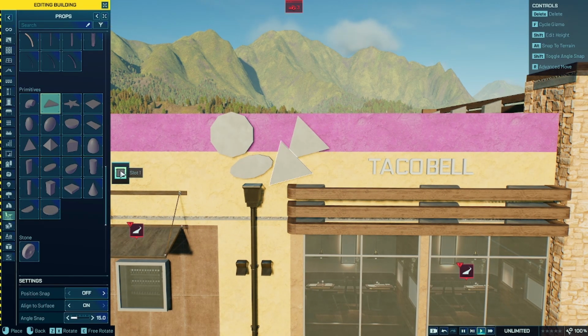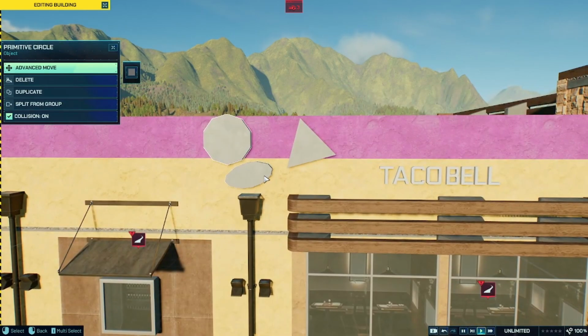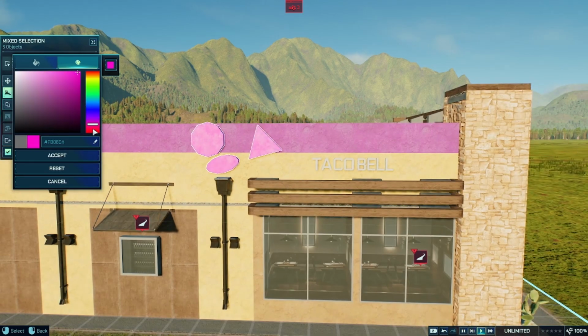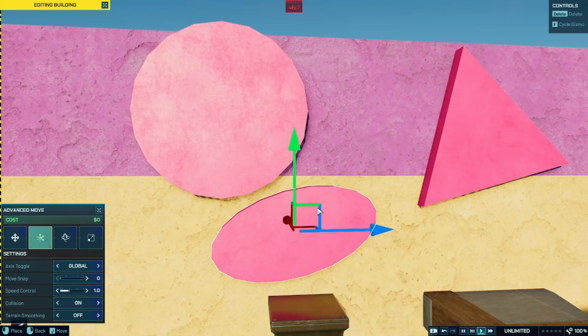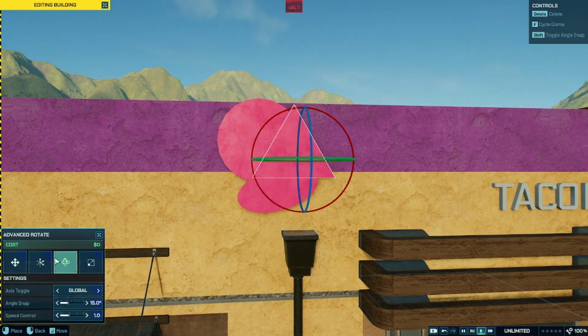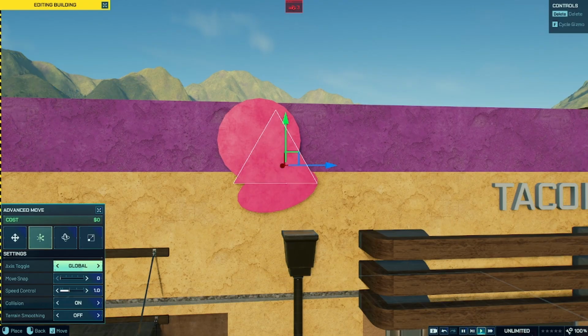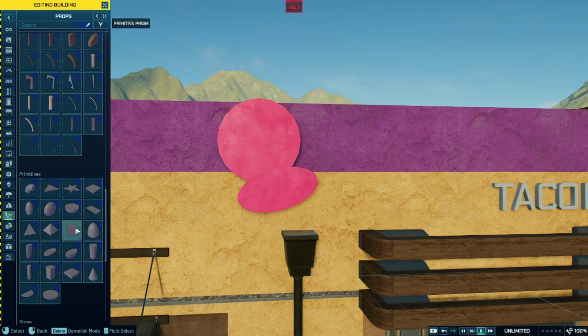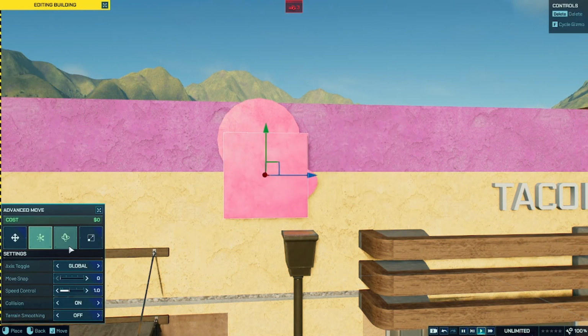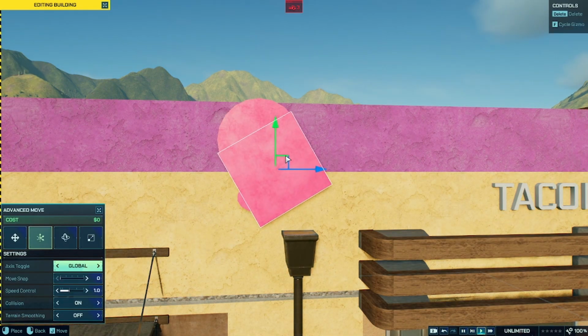Here's where I'm starting on the logo. The primitives in this game cannot scale down as far as they can in Planet Coaster 2, which I'm very upset by. I understand the restrictions are there for a reason because you're not really working as detailed as you are in Planet Coaster, but I really would have liked that feature to stay because it makes creating more detailed things a lot more complicated. As you'll see later on, for the actual hitter of the bell, I needed a smaller